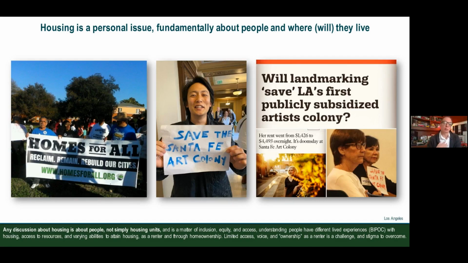And so I think that's where we bring some value in terms of this conversation, that we're often working in neighborhoods that are dealing with housing challenges. And it's often dealing with communities that have been traditionally underserved, or they're dealing with speculative housing issues now, and also people that kind of fall under the radar in terms of BIPOC, other types of communities that don't have the same resources, don't have the same lived experiences, especially around housing, and have a limited voice. So that is part of this challenge.